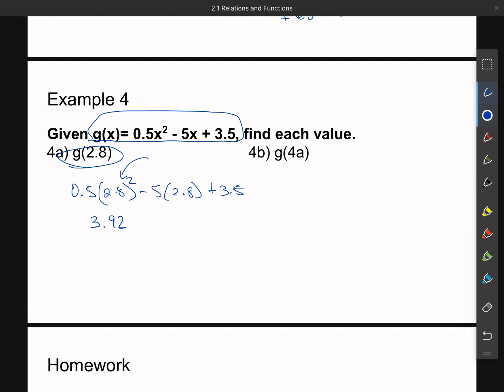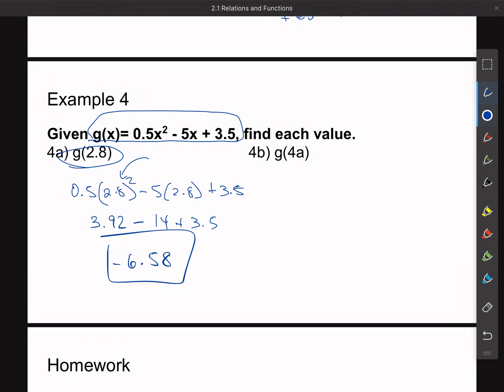Then we're going to subtract 5 times 2.8. 5 times 2.8 is 14. And then we're going to add 3.5. So when I do this, I get 3.92 minus 14 plus 3.5, which is, I'm getting negative